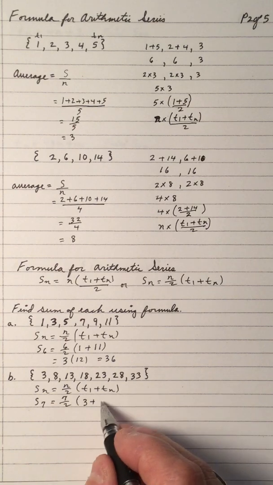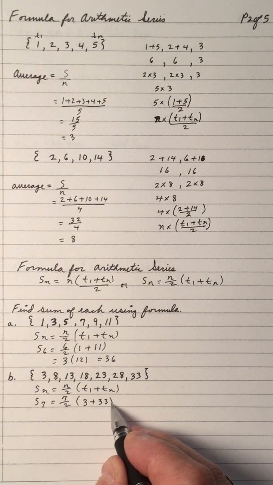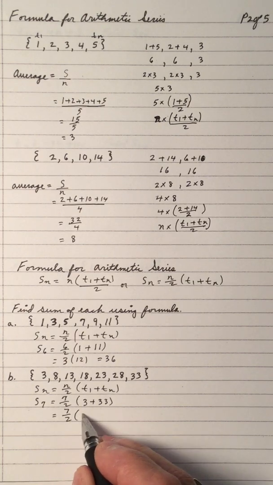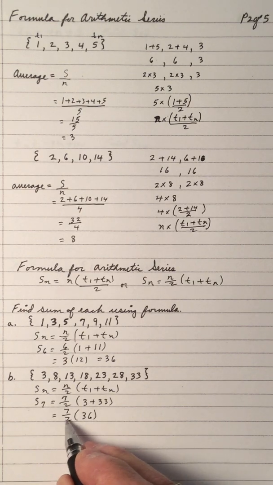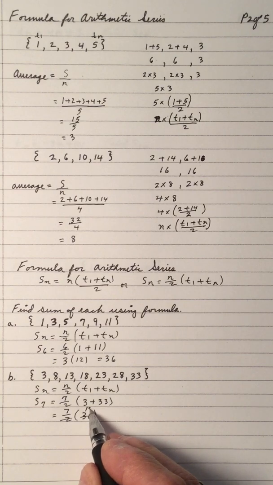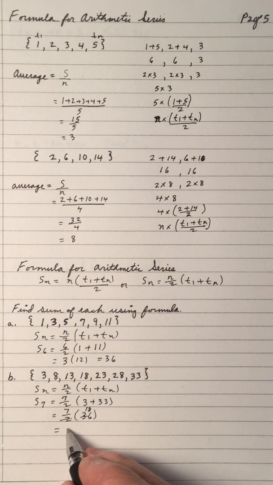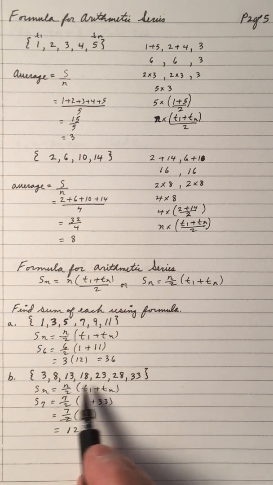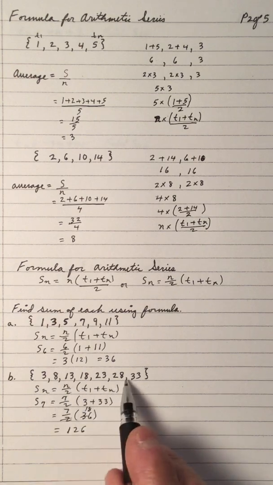The 7th term is 33. And so that's 7 divided by 2. Add these to get 36, and divide 2 into 36 to get 18. And the sum becomes 7 times 18, which is 126. Again, you could add all these up and get the sum of